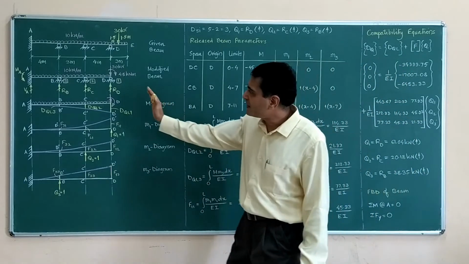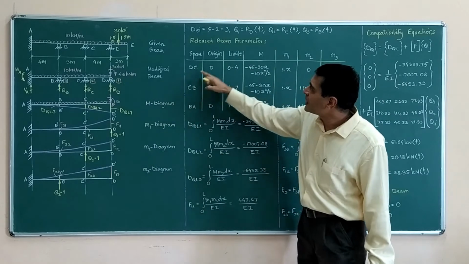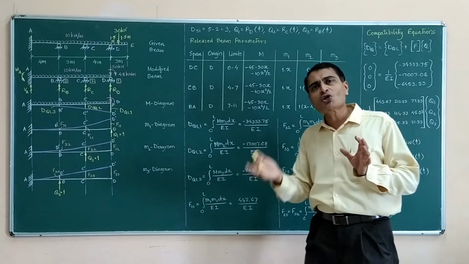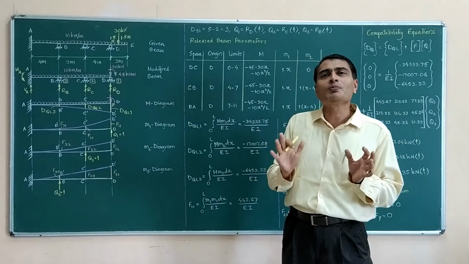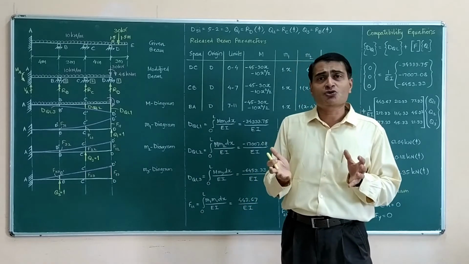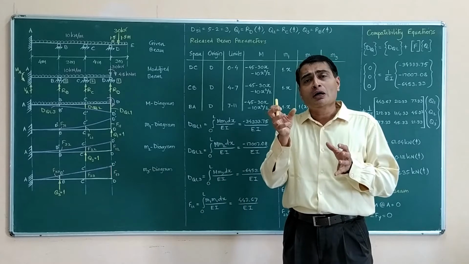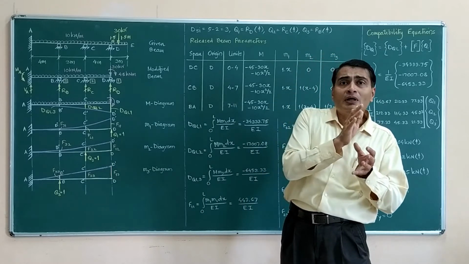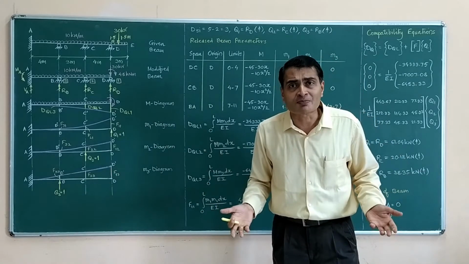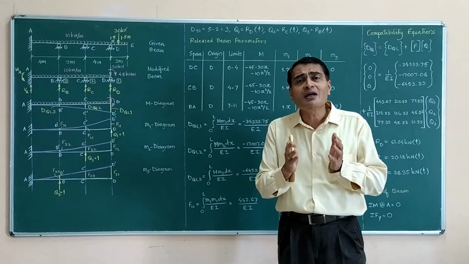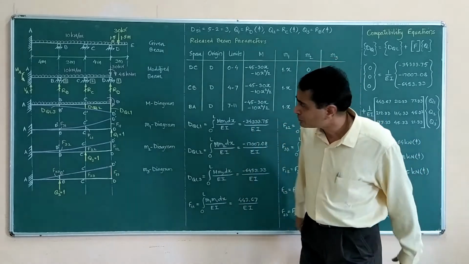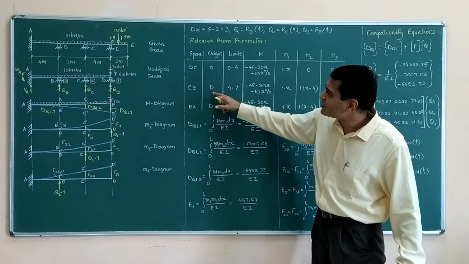Starting with span DC, and I am maintaining my origin for all my calculations as D only. You may change the origin, but it doesn't really prove to be convenient, especially in continuous beams. If it's a frame, yes, you may maintain same origin for one column, one beam, and then for the remaining column you may change the origin. That is possible. That we will see as we solve the frames. See, you have to understand and do what is convenient, what is swift, what is short, that's all. So I am keeping origin as D only.